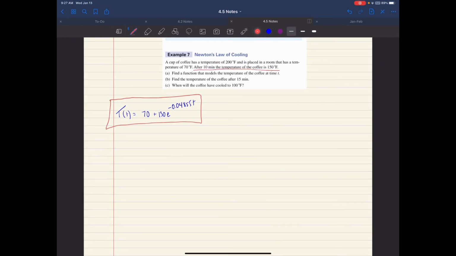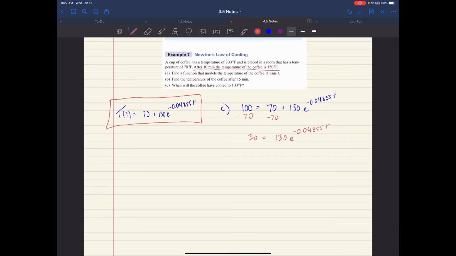Okay, so for this last part, the C part, it says, when will the coffee have cooled to 100 degrees Fahrenheit? You'll notice I cleaned the page up a little bit. So let's do that one. So now it's asking us, it says when, so now we're going to be solving for T. So it's saying the coffee has cooled to 100, so 100 equals 70 plus 130 e to the negative 0.04855 T, and we want that T. So subtract 70 from both sides to get 30 equals 130 e to the negative